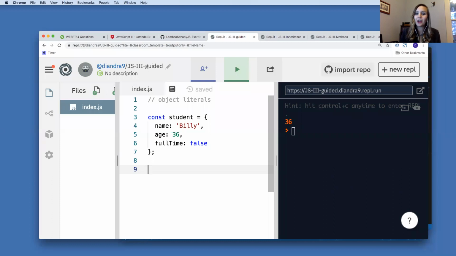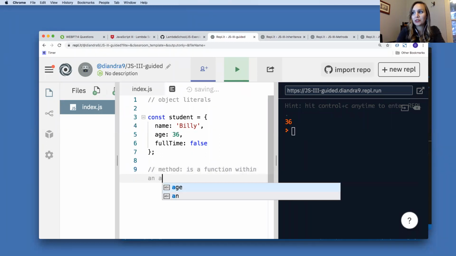A function within an object. Beautiful. I see a few more people typing. I'm actually really excited to see that you guys got this one, because method is a term that a lot of the times we use. We kind of understand, okay, arrays have methods, strings have methods, but we don't know literally what that means. So right now you might be slightly confused. Wait, when I say array.map, how is this a function within an object? Well, we're going to get to that a little later, but just know that the definition of method is a function